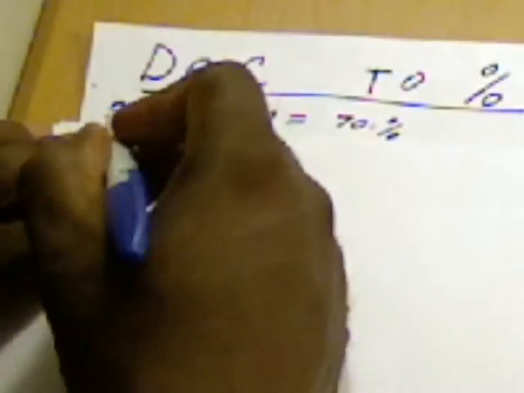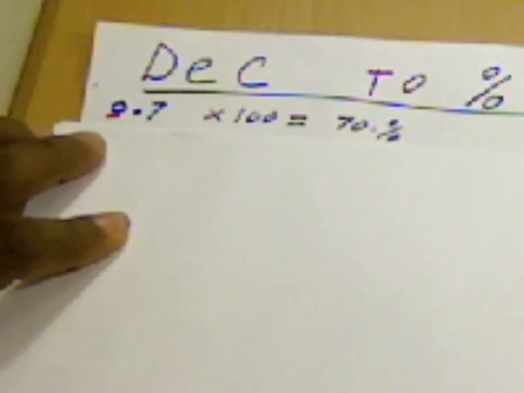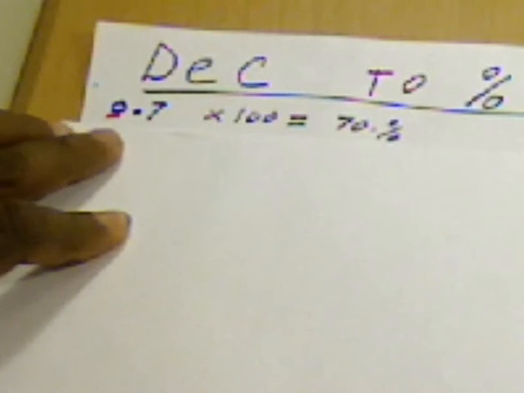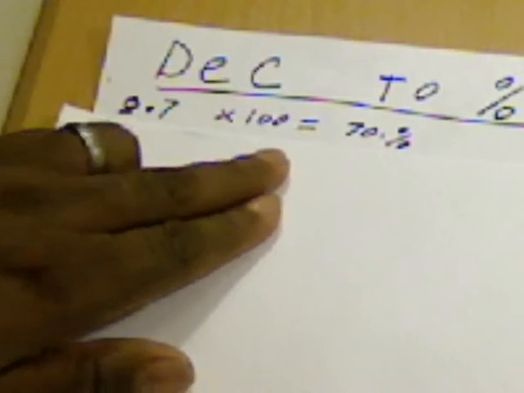Let's start with 0.7, or .7. If you can see, I got a 0 with an underline under it, so I got a 0.7, and I want to convert the 0.7 to a percentage. Now,